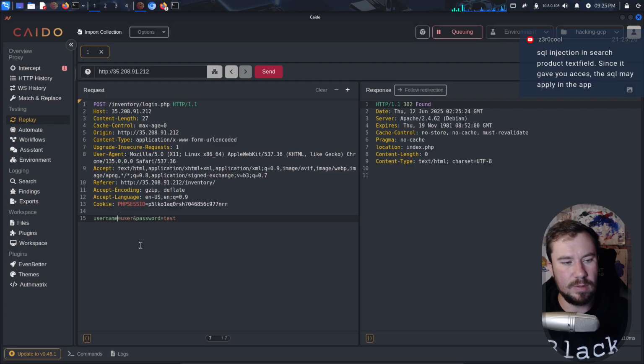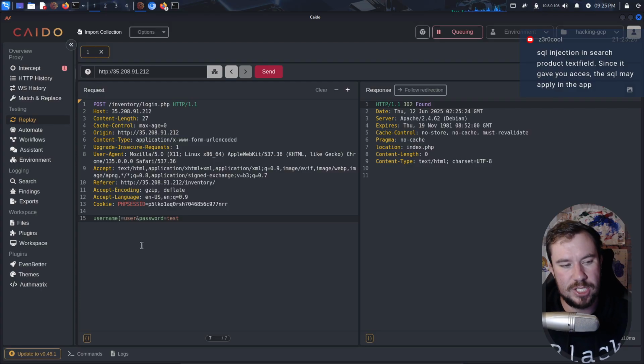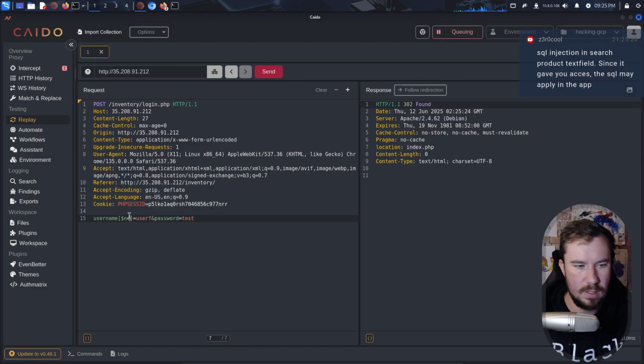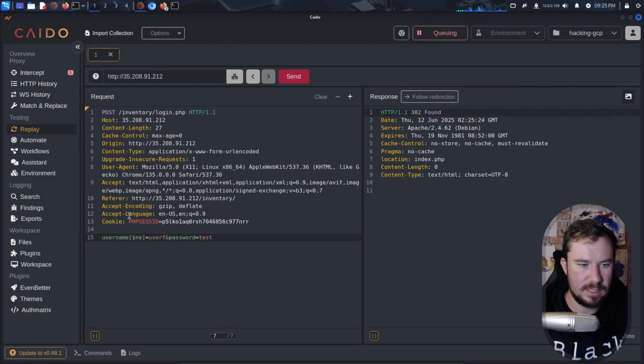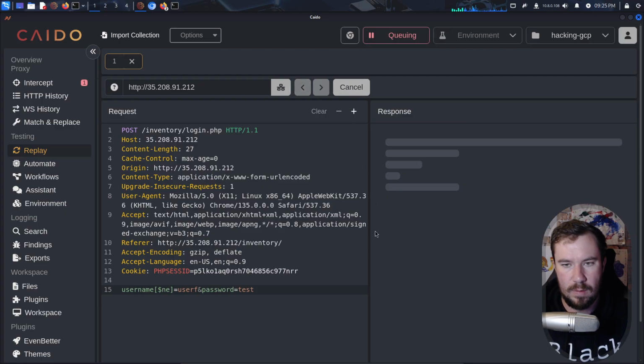We can also try NoSQL injection, although we know that's not going to be what it is. But with NoSQL injection, we can do it this way. We'll do not equals, as in if the username does not equal user F, then log us in. I don't think it needs to be capital though. And I think, can I zoom in for you guys? I can. I'll zoom in a little bit so you guys can see this a little bit better. We'll hit send,